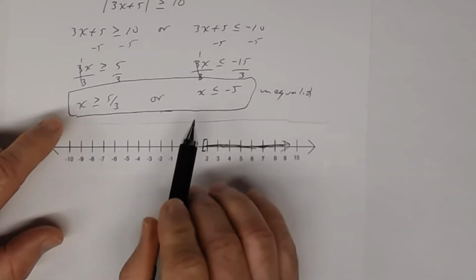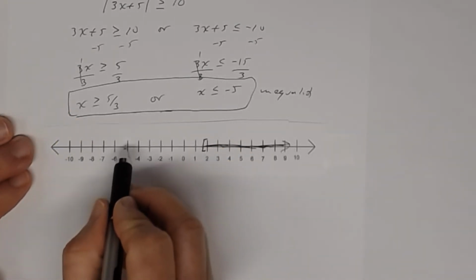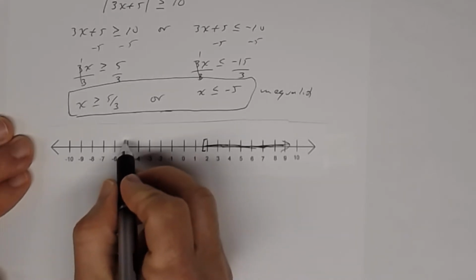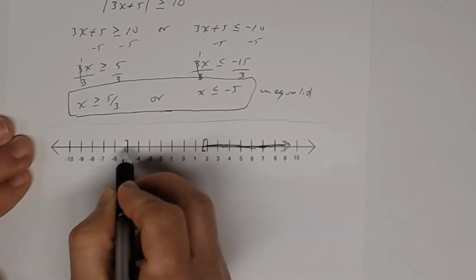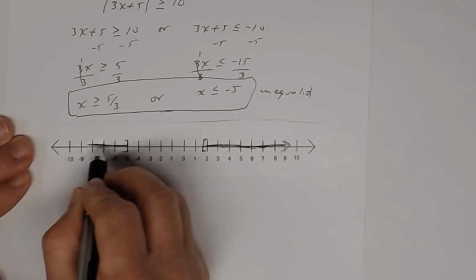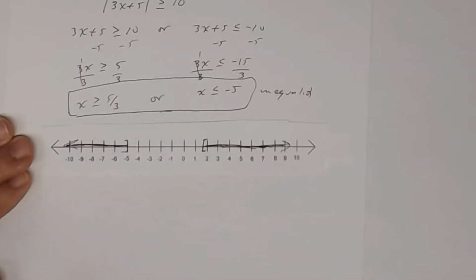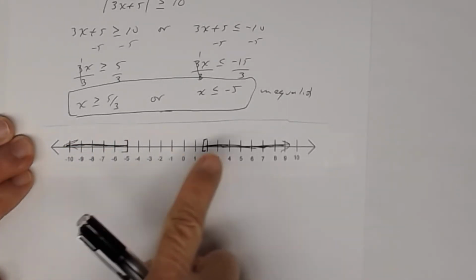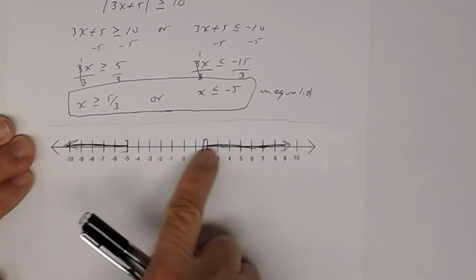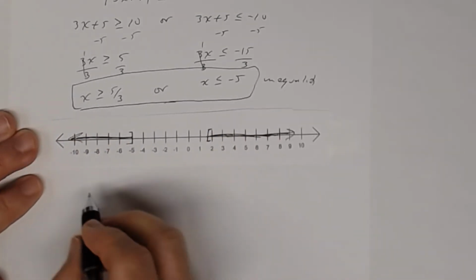And then x is less than or equal to -5. So here's -5 right here. So on -5, draw a bracket going to the left. And there's your graph. Okay? So you have an infinite number of solutions. You have solutions here, solutions here. In interval notation,